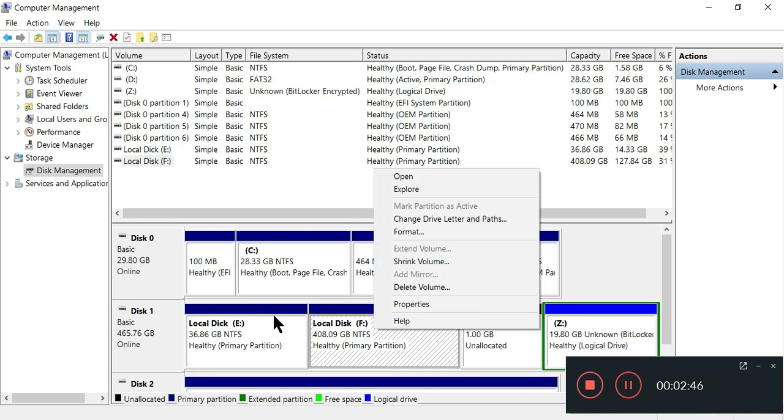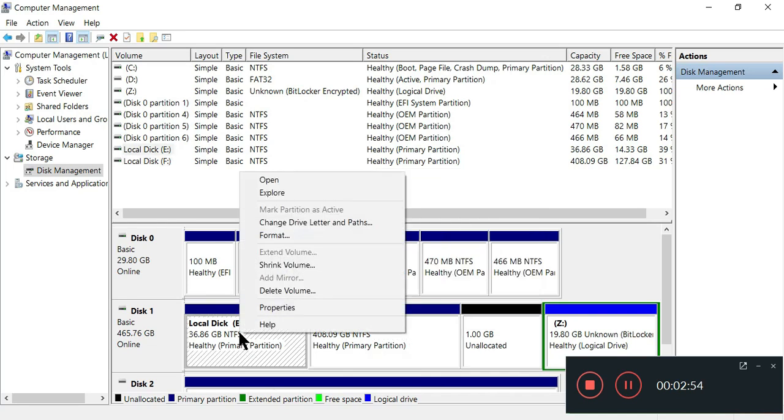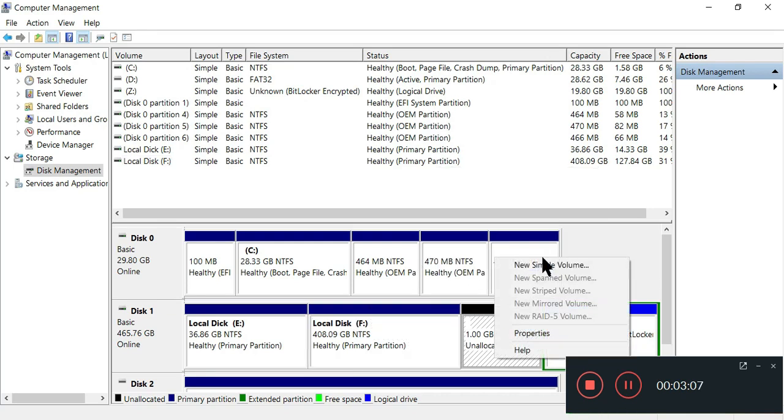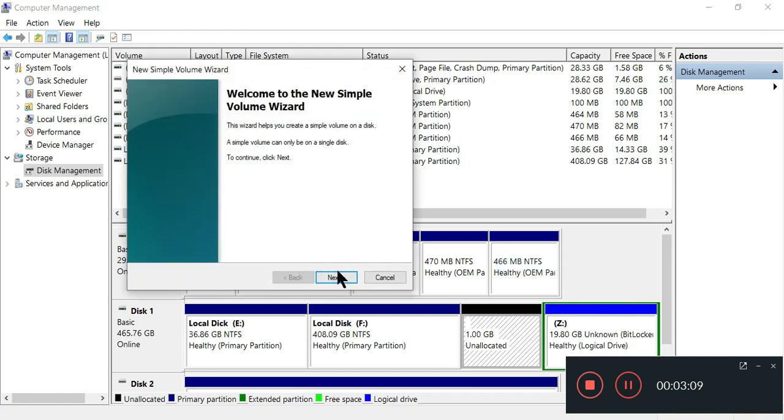That's why I prefer the second method with a third party application, which is very easy. I cannot extend this volume, neither this volume, I don't know why. But if you want to decrease this volume, or add a new volume, you can create a new simple volume from this.